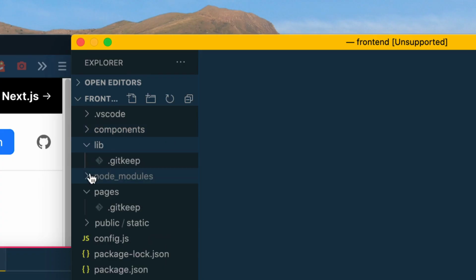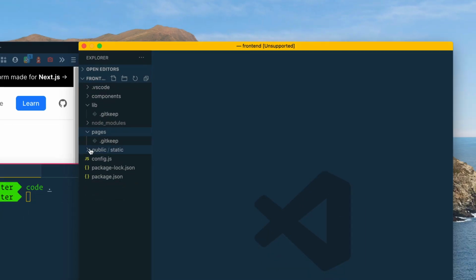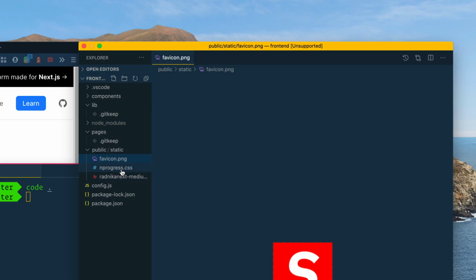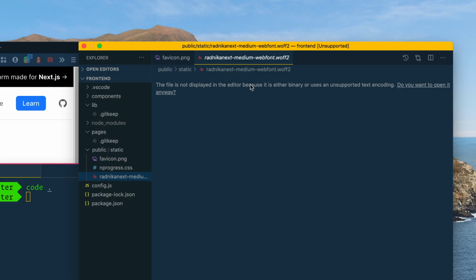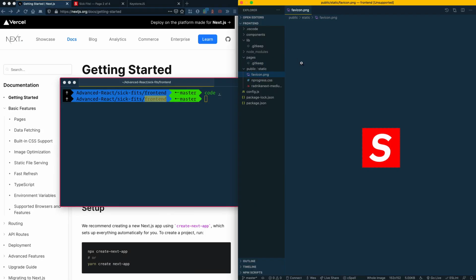The lib folder, nothing in there. Node modules, that's everything we npm installed. Pages, nothing in there. These git keep files are just so that I can put an empty folder into Git. What else do we got here? We got our public folder. There's a favicon, a little bit of CSS for one of the plugins we're using, and then a font that we're using on the website, and that is it. And that's what I really like about Next.js, is that you can just create pages and then it will go